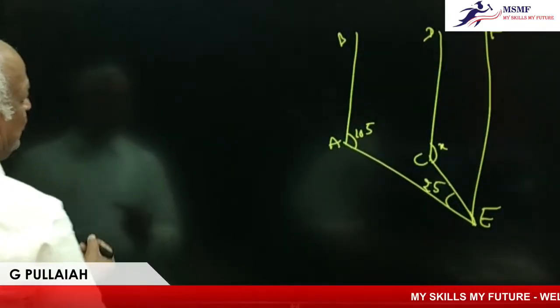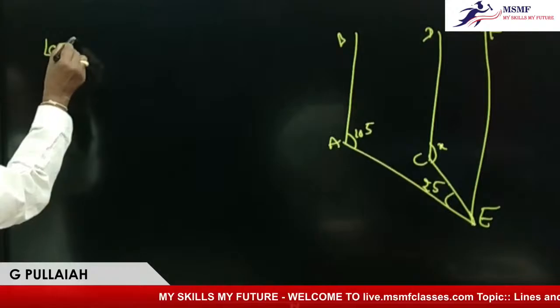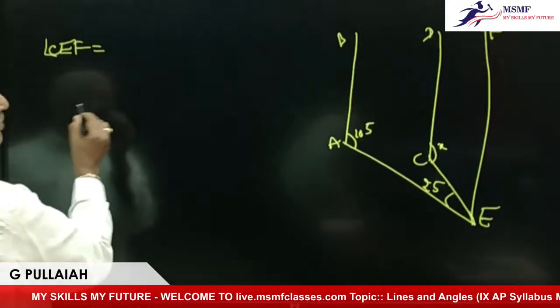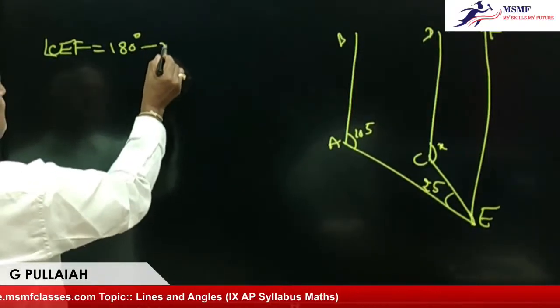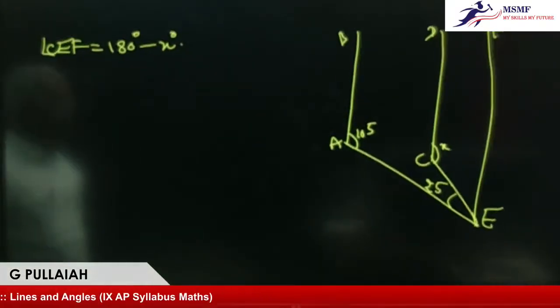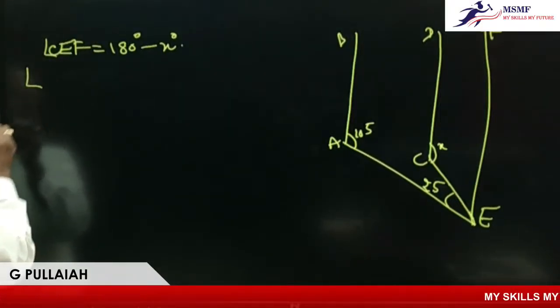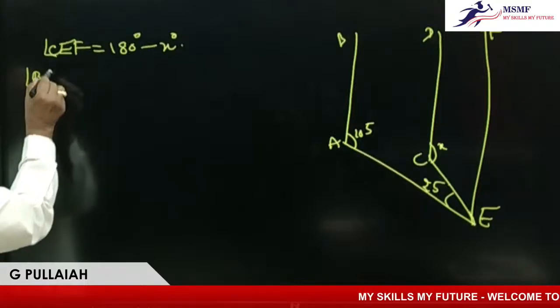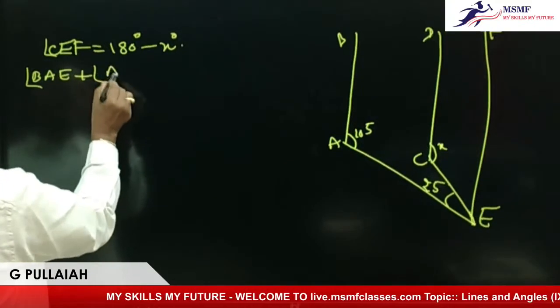So now we learn this. So far we learned that angle CEF is equal to 180 degrees minus 60 degrees. Now here we know that angle BAE plus angle AEF